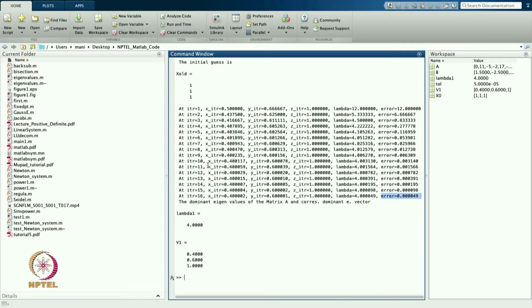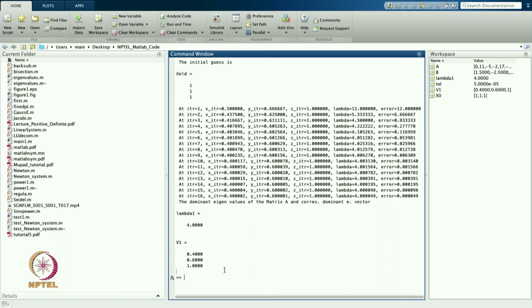You can see from here, after the 10th iteration you are converging to your eigenvalue, and that is going to be 4, and that is the corresponding eigenvector. So, in this case we get the eigenvalue lambda, that is 4, and the corresponding eigenvector, that is 0.4, 0.6 and 1. So, this is now my dominant eigenvalue.